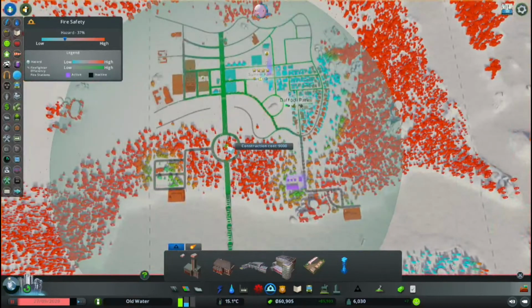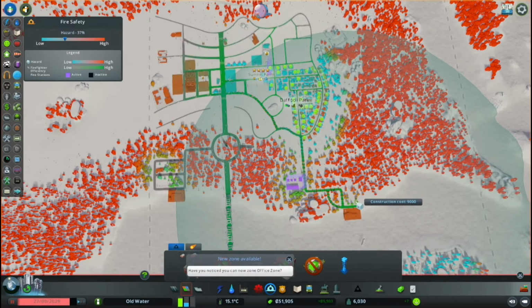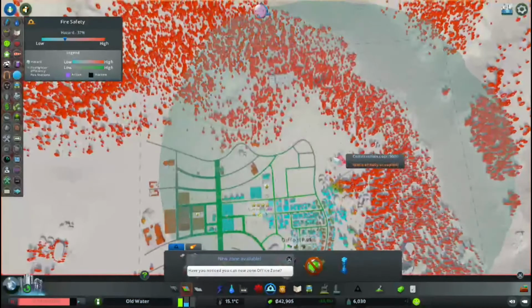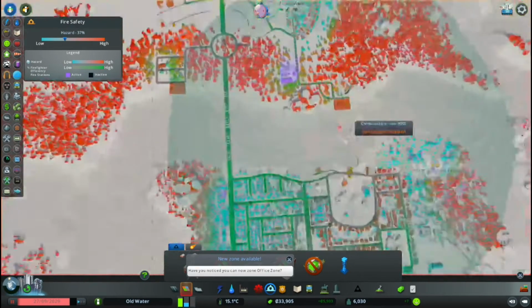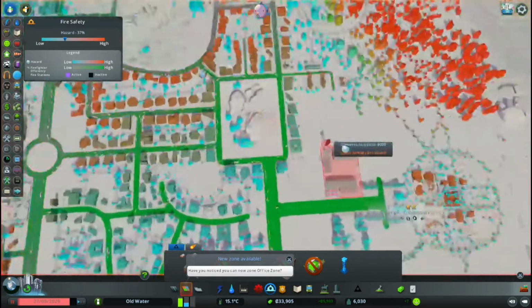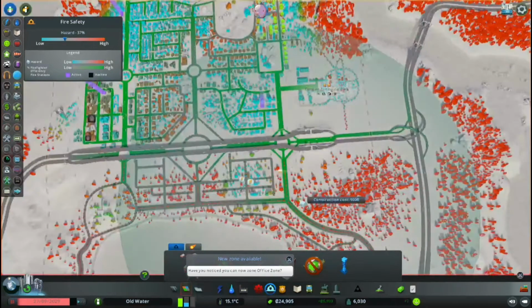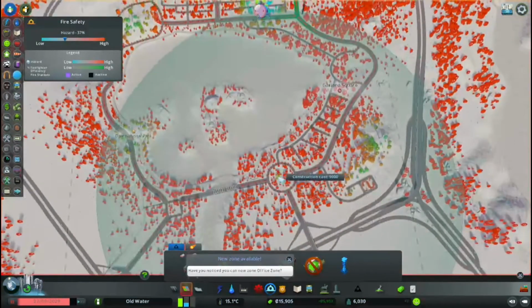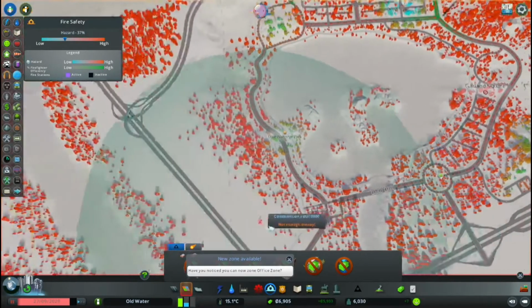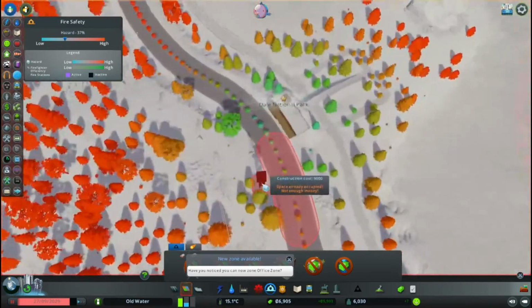I'm going to add one in right in there. One in there. And one next to the road around there, just to help with potential fires or forest fires. And add one in there as well, in that roundabout. And maybe across from...